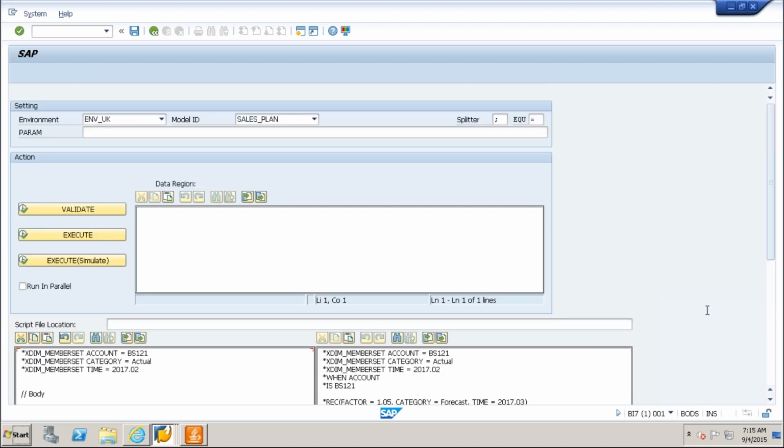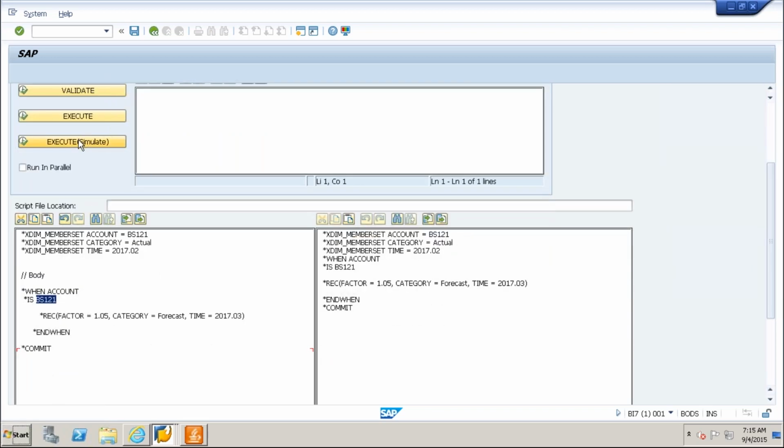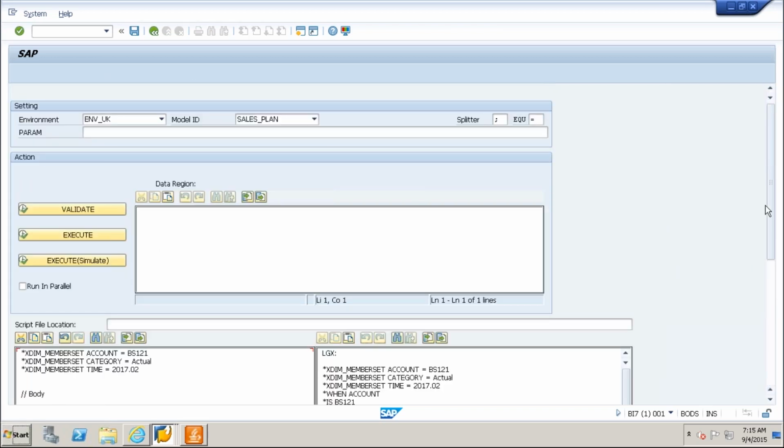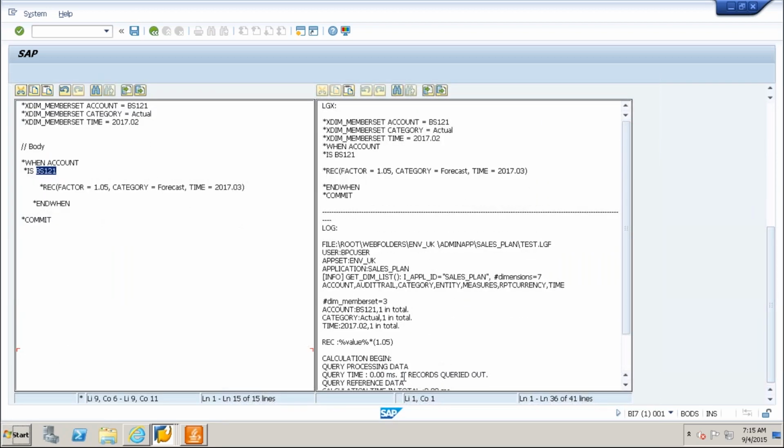So it is validated again, and go and do the simulation. One record is queried out here because we have only one record. Based on these conditions, we have only one record. If I go here, what I'm doing, the same thing what we did now, I commented out, and the account I am taking as star.